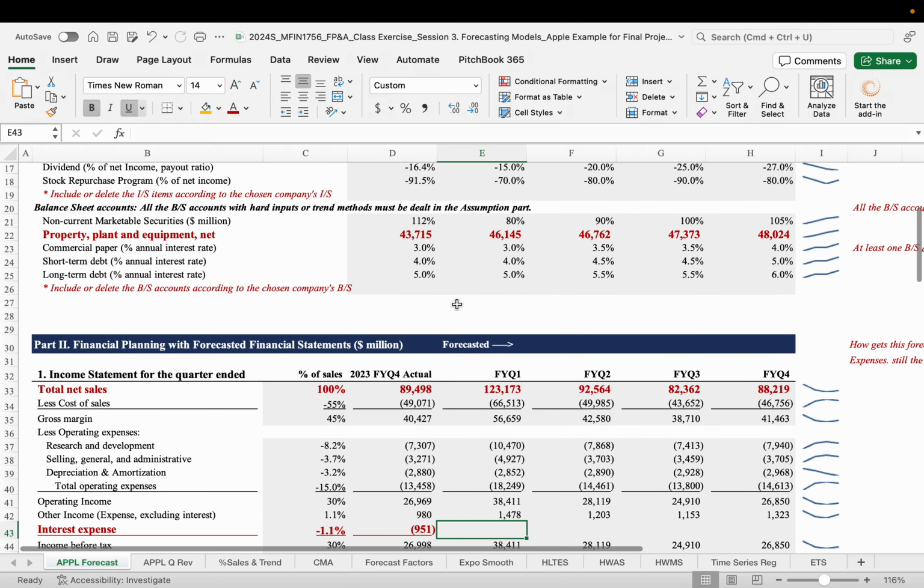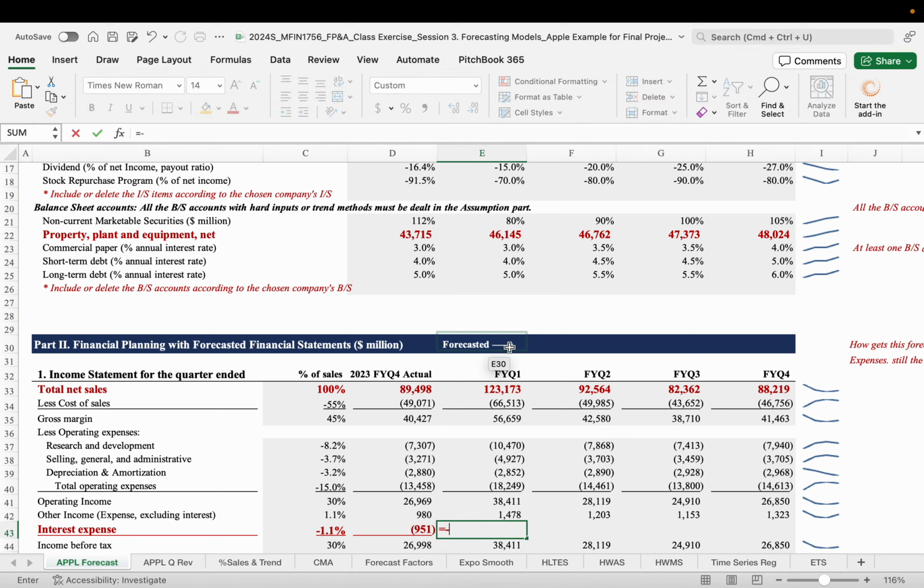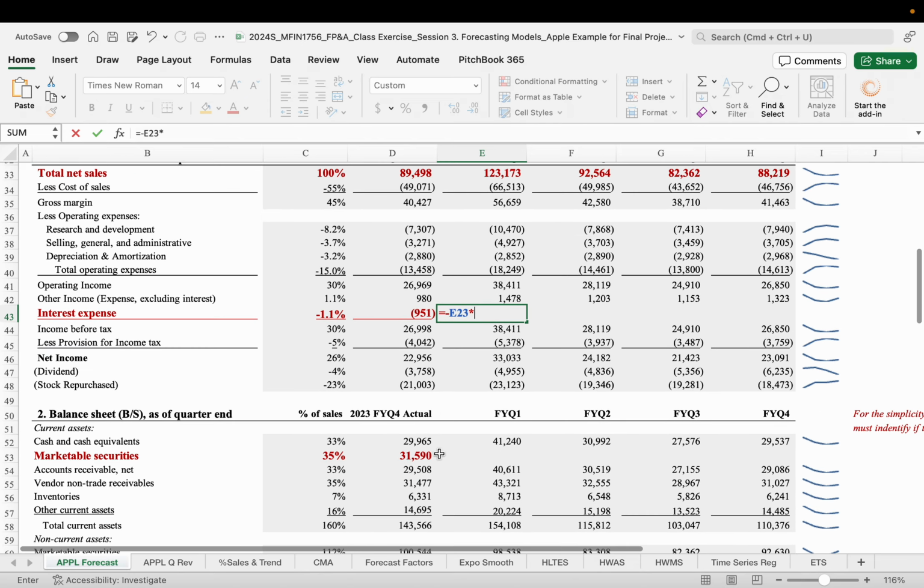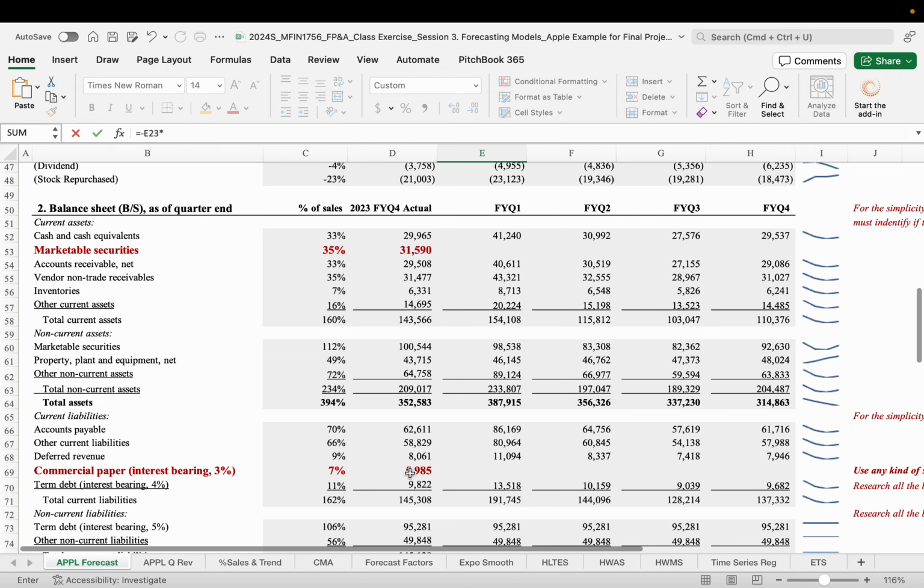For example, here, now how to calculate this? Equal, now minus, first, commercial paper here, right? This commercial paper 3% now times what do we want to link, right here, commercial paper, right? So the prior quarter, right? And then plus,